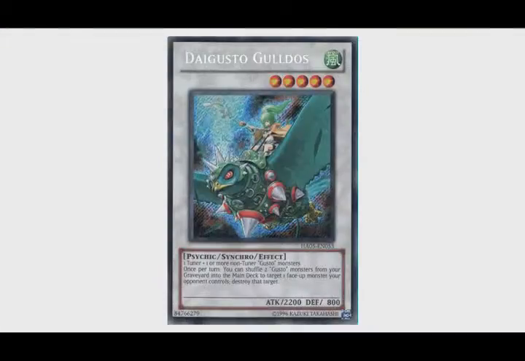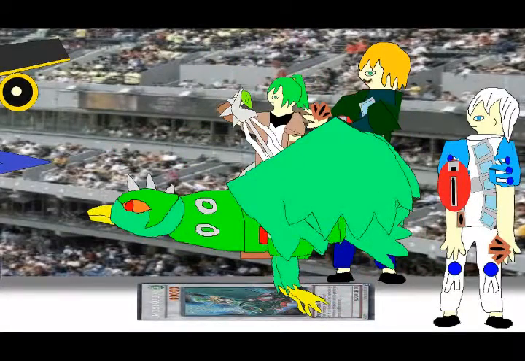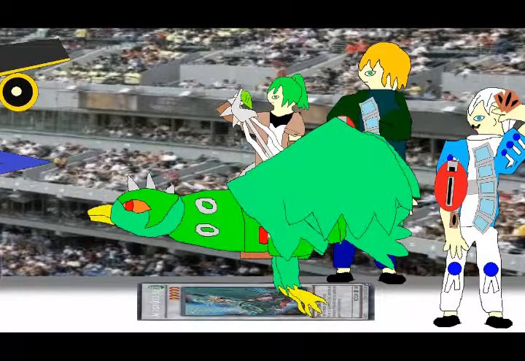Look at that, you match the synchro materials with the card's lore. I wish I could say that was intentional, but...